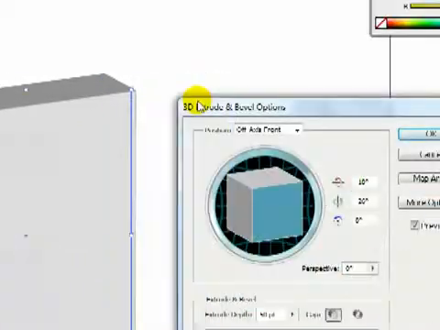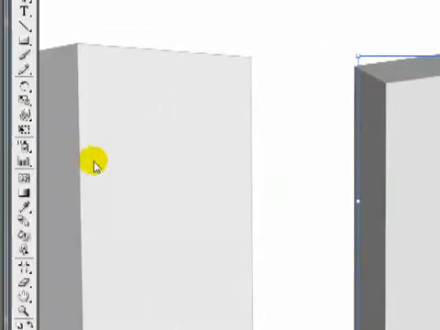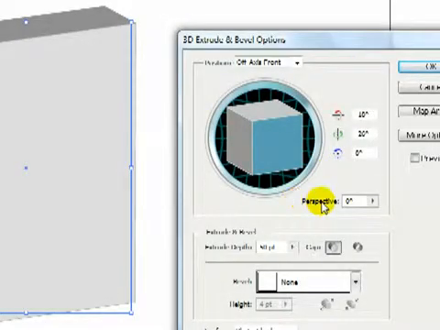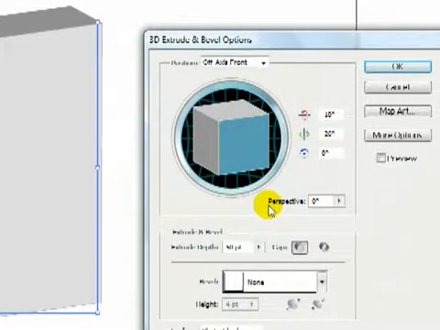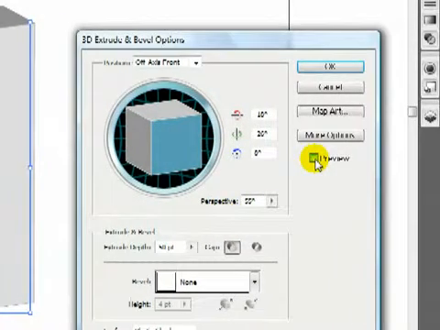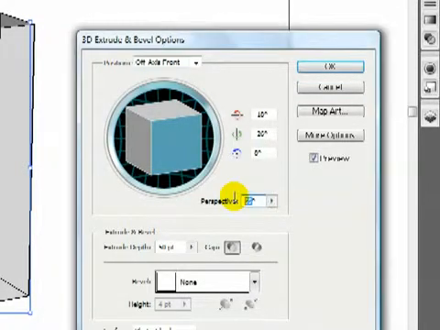What you may notice on the first time you create this is the perspective doesn't look so correct. As you can see here in this example, the box looks absolutely fine, but here the perspective has not been applied yet. So in this example, down here you can see perspective, and we're going to just change this. You can drag and slide this to whatever you like, and if you keep this preview button on, you'll be able to see that perspective change in real time. So we're going to put this at 100 just to see what effects it gives us, and you can keep that